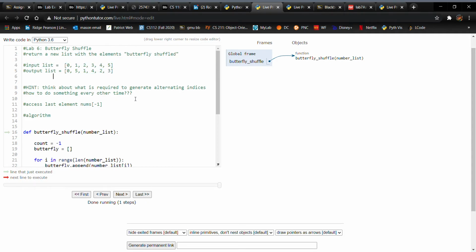So now let's talk about the hints. These were pretty good hints, but that doesn't really apply to this method here. So the hints paraphrased are: think about what is required to generate alternating indices, and how do you do something every other time. So I'm going to focus on that word indices and how to do it every other time, so take turns. So quickly here, right underneath the output list, just so it's easier to see,